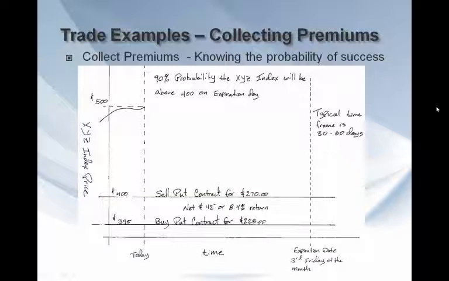Selling the put delivers $270 to your trading account. And if the XYZ index is above the 400 price level on options expiration day, then you keep the money and do not give anything back. The risk is if the index closes below the 400 price level, then for each point the index is below that level, you pay $100. That is too much risk.